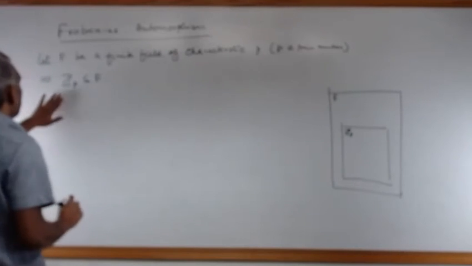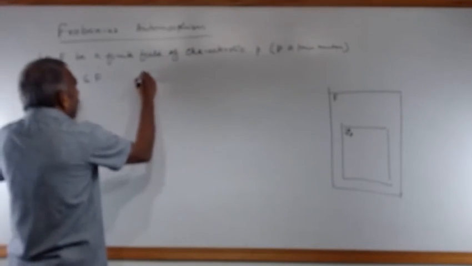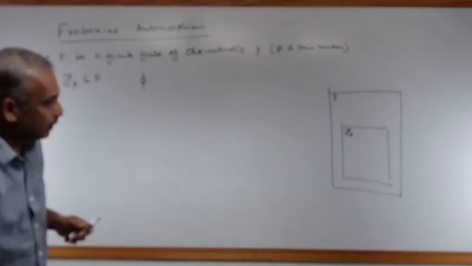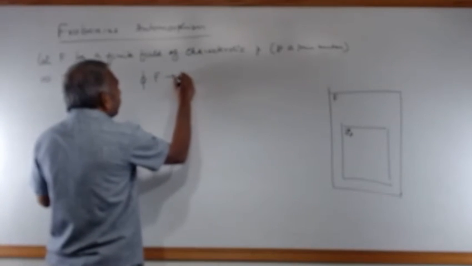And we are going to define a map from F to F